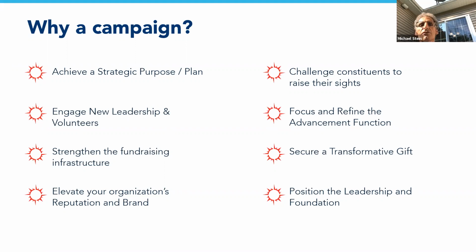It certainly gives you the opportunity to raise your profile for your organization, your reputation, your brand. It puts you, quote unquote, in the big leagues in some respects if you do this well, because there's a period of the campaign we call the silent phase. For those of you familiar with terminology, there's nothing silent about the silent phase of the capital campaign, but you're not out there with your goal until you raise about 2/3 of the money that you actually need towards that goal. But all the while, it is enhancing your brand, bringing recognition to your organization and to your fundraising efforts